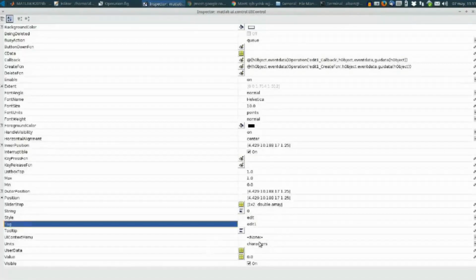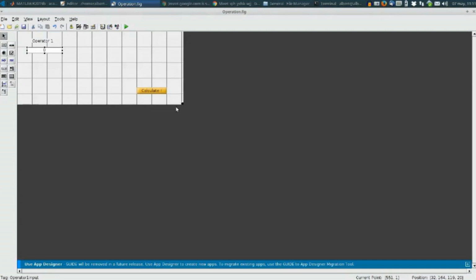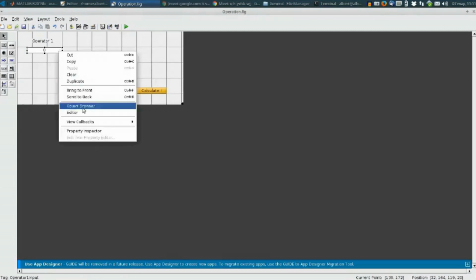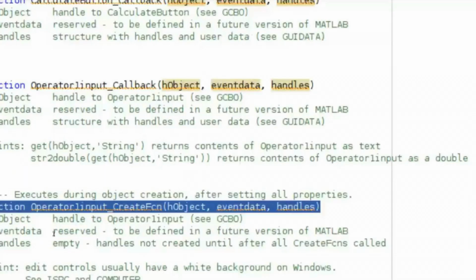Remember the tag name, edit1; well, operator 1 input. This will be the tag name. Fine. So then, if you go to the create function, now